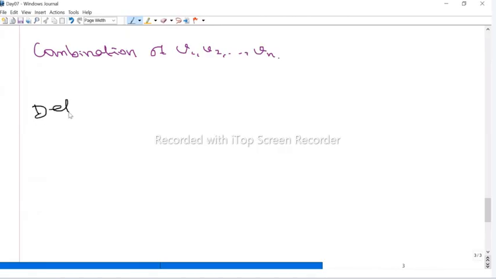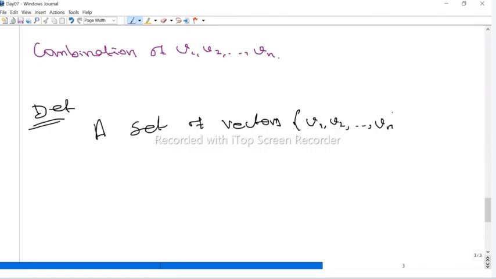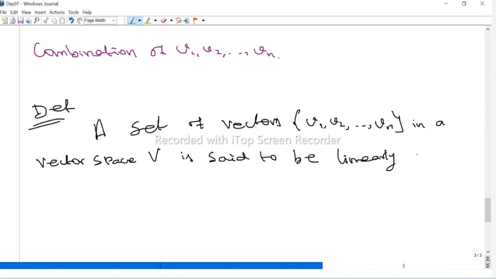Suppose I am taking the definition of linearly independent. Definition: a set of vectors v1, v2, etc., vn in a vector space V is said to be linearly independent vectors if the vector equation